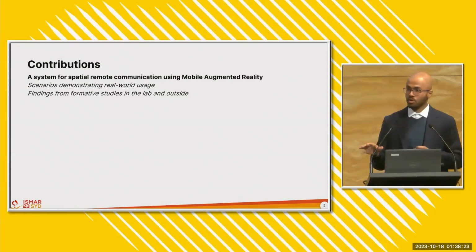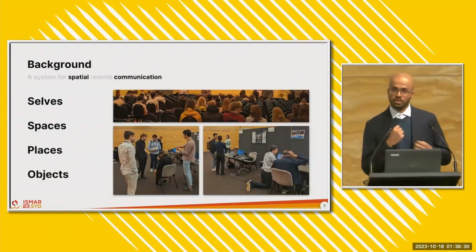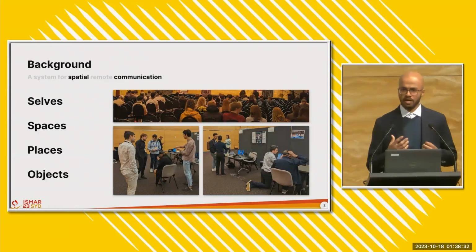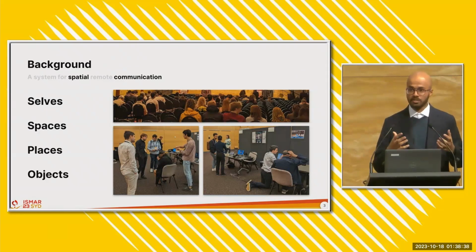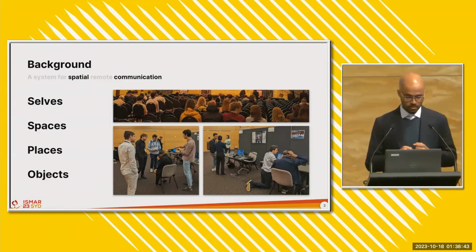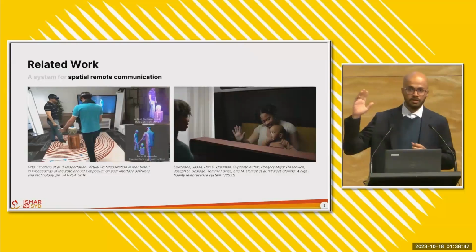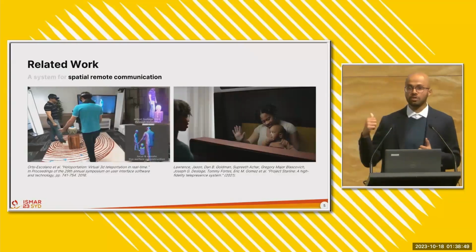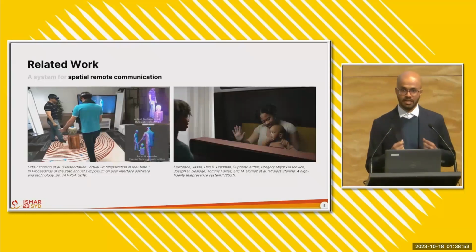But before diving into all of that detail, let's break down that first statement a little bit more. Now, human interaction and human communication is fundamentally tied to our ability to perceive and interact with each other in space. This is something that all of us are very well aware of, at least those of us who are here in Sydney. And when it comes to doing this remotely, there are systems like Microsoft's holoportation or Google's Project Starline that are able to replicate in-person interactions to quite a large extent.